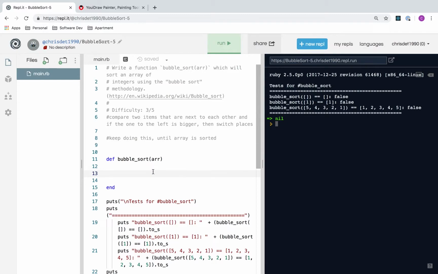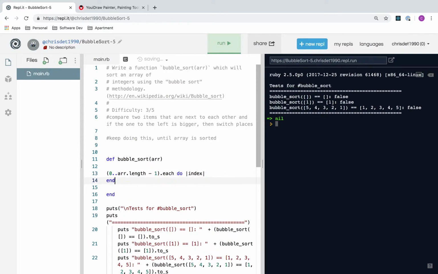Okay? So let's just code that out. So we start at 0, so the first index of the array, up until array dot length minus 1, right? So the last index. You'll see what I'm going to do here. And so now for each index, I is going to stand for index right here. So for each index, what I'm going to do is